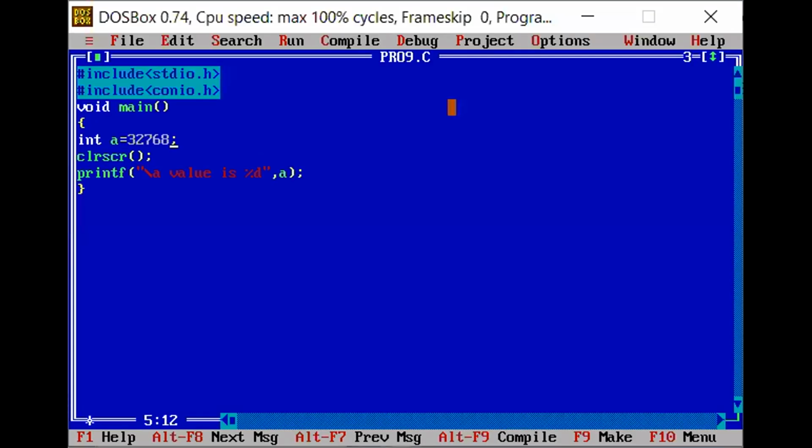You observe again our slide. Are you getting my slide?